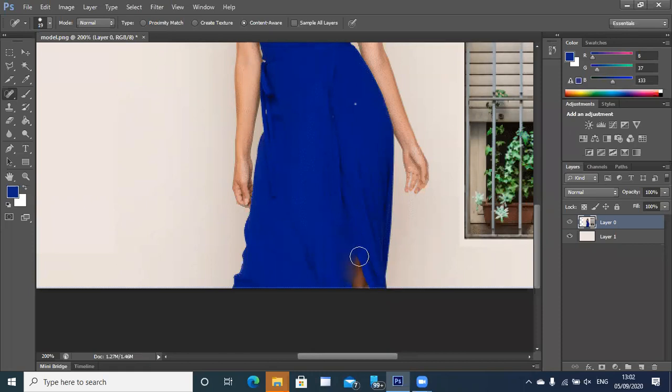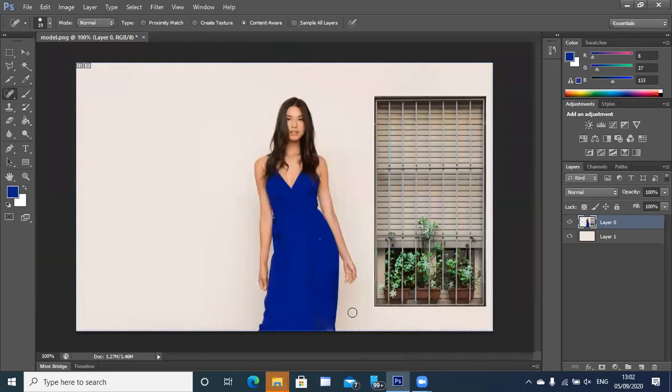Can you see what is happening? It is taking up the surrounding area and it is covering that area. I am actually covering off an area using spot healing brush tool. So now if you just look at the overall picture, it looks like this. This is the magic of spot healing brush tool. You can cover or erase off any area at any time.